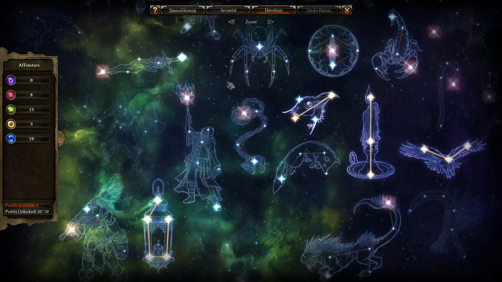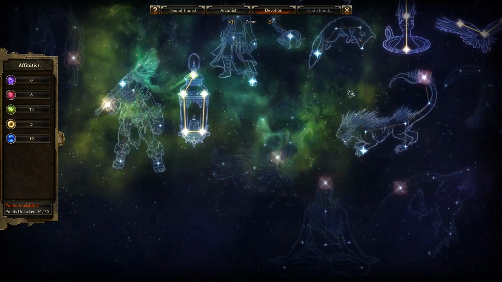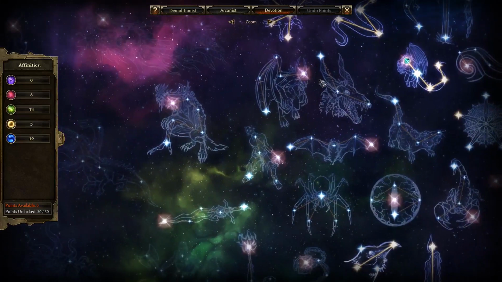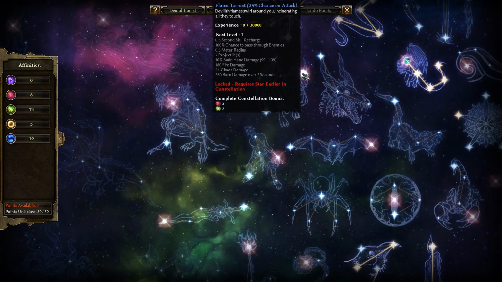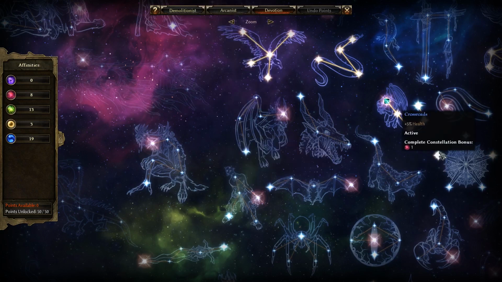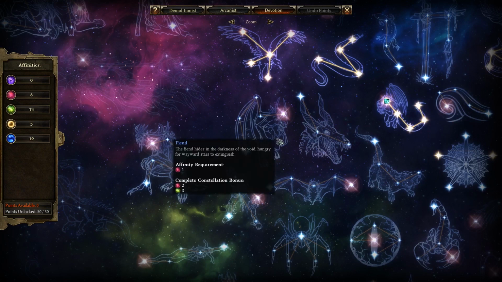I don't really think there are other major fire damage things in here that I... Oh, yeah, Flame Torrent, of course. You can pick up Flame Torrent. Flame Torrent's fire and chaos, so I think you're probably going to end up doing something like Crossroads for chaos, and